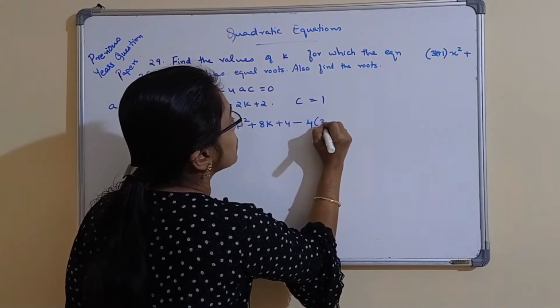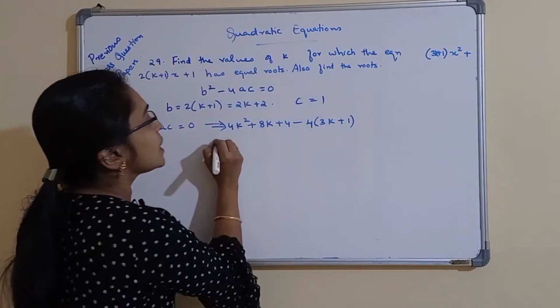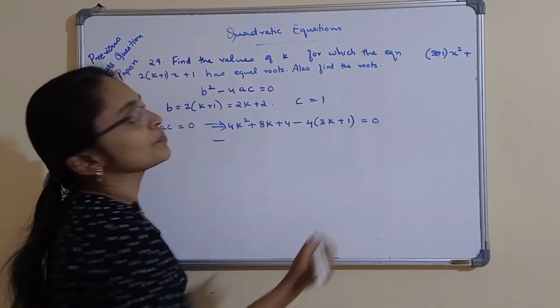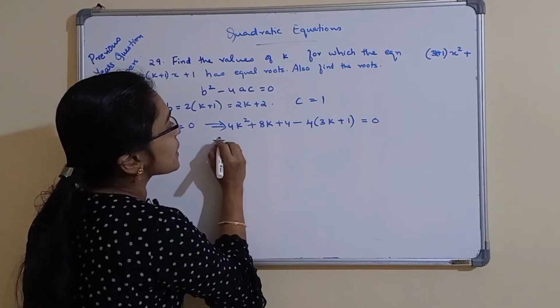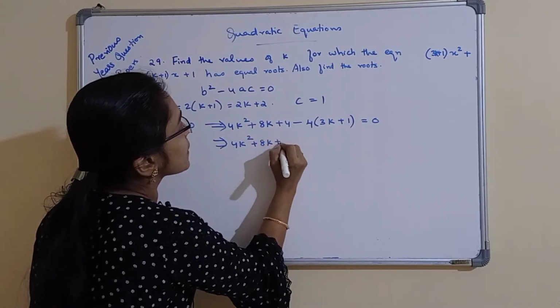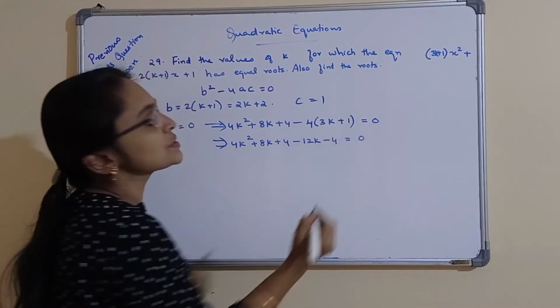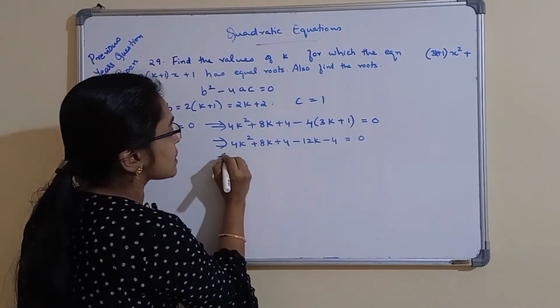So 4 into 3k plus 1 minus 4 into 3k plus 1. This is equal to 0. Okay. Now this implies 4k square plus 8k plus 4 minus 12k minus 4 is equal to 0, which implies